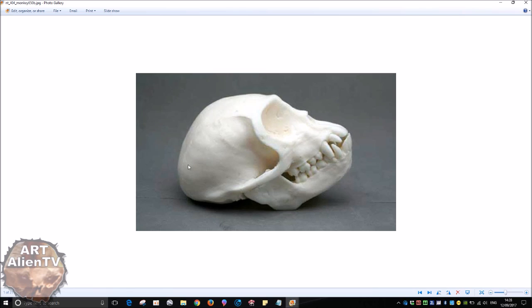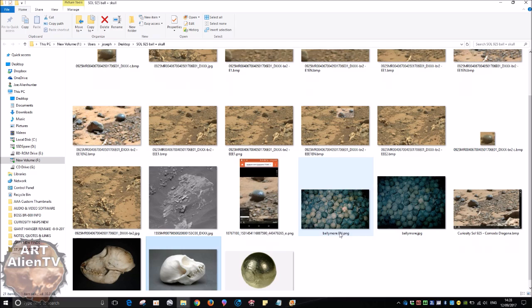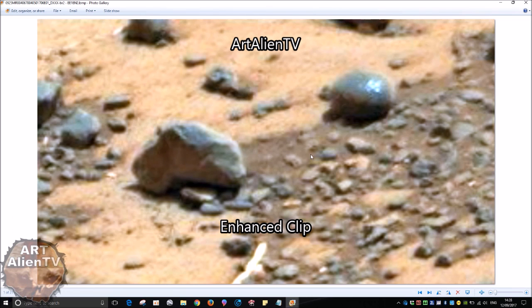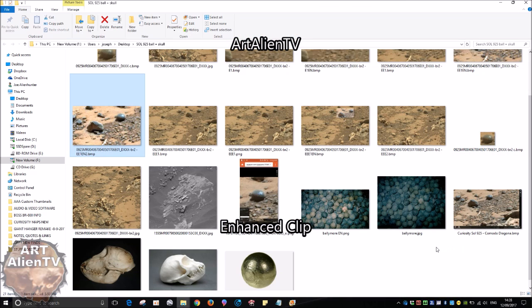This one's probably more similar. If you imagine this with a longer cranial shape here, like an elongated skull, then it would be more like the one we're looking at. Let's go back to this. What I'll do at the end of the video, as I usually do, I'll put clips of this stuff together, and I'll flip this skull around and stick it on the picture there, so you can compare it right next to it and see the similarities. But it's there, and you've got some nice teeth there, and a jawbone, and an eye socket. I mean, what else do you need really to identify a skull or a fossil,